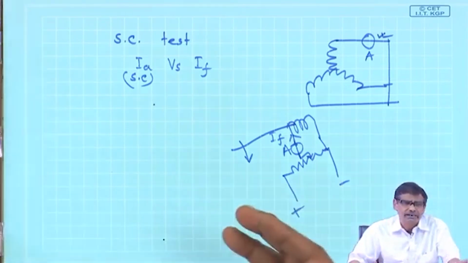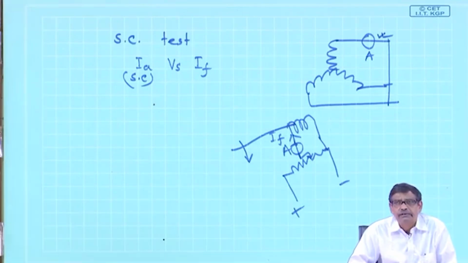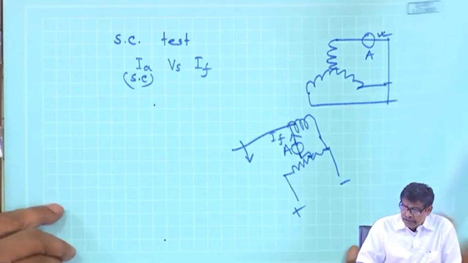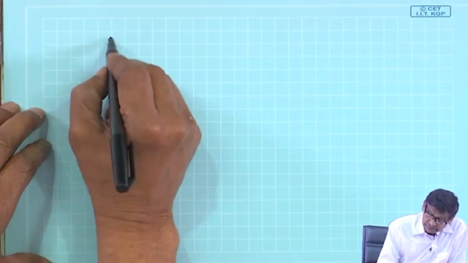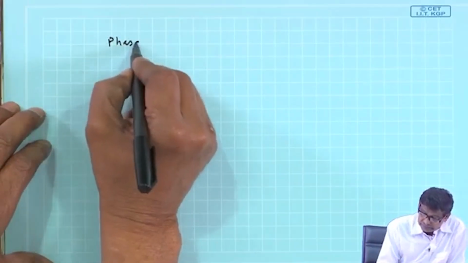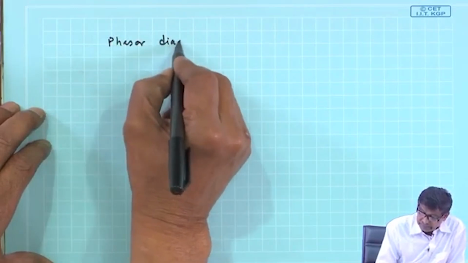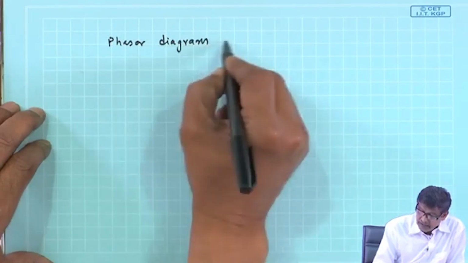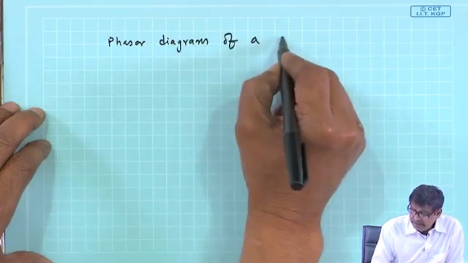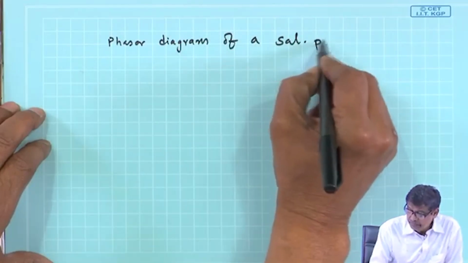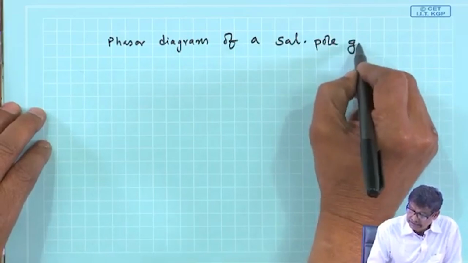Something is given, other things can be computed if you draw the phasor diagram correctly. Let me also draw the phasor diagram of a salient pole generator